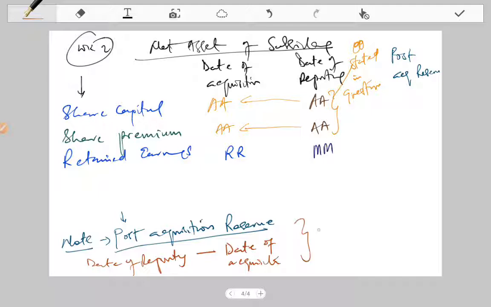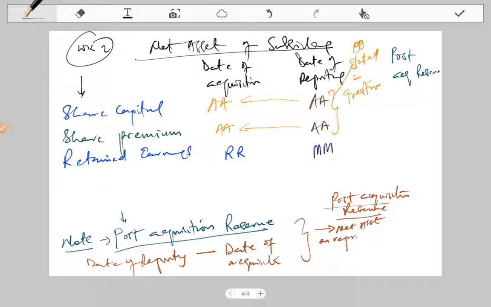For your information, this has been tested in the exam. The ICAN exam has tested something like this: students were asked to calculate goodwill and then calculate the group retained earnings. So you could also have it in the situation of what is the post acquisition reserve. For those of us doing F7, you get to see something like this. That means that is your net asset